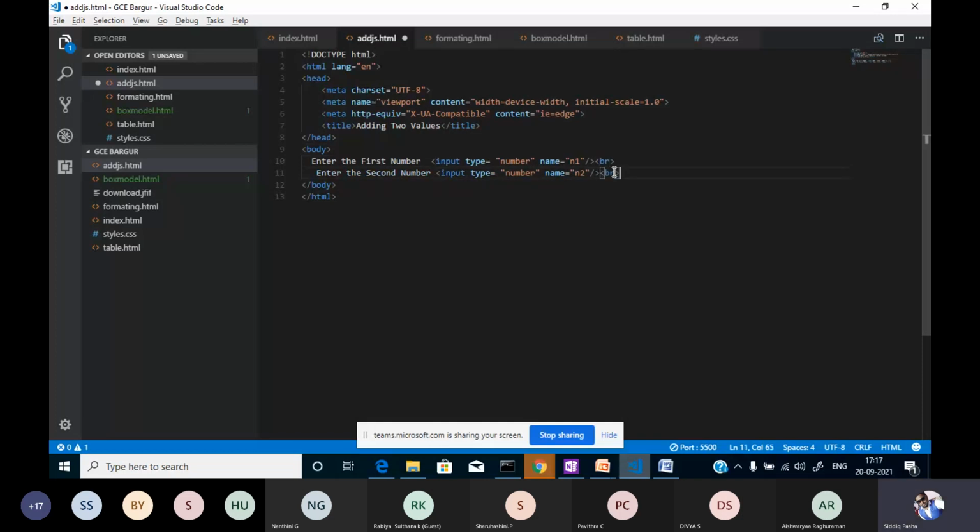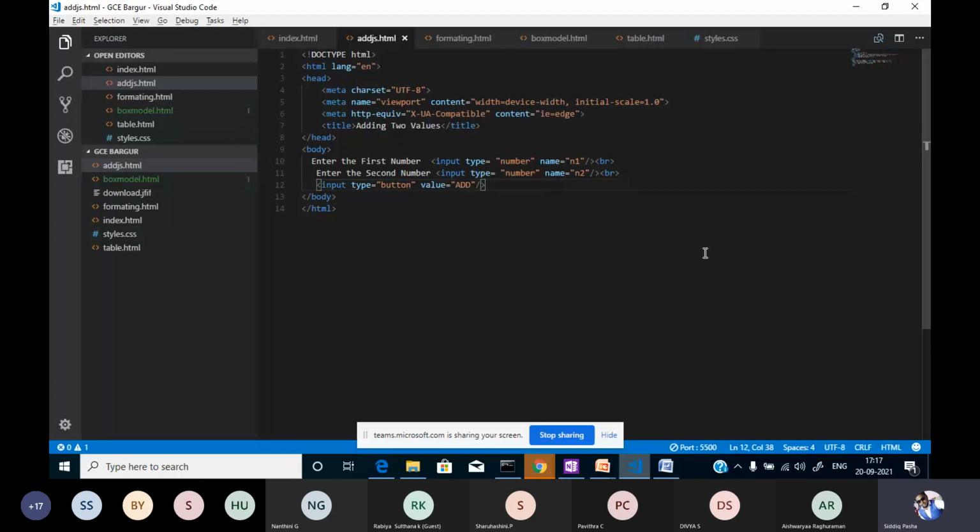So, line breaks. Now I'm adding the submit button, or some button over here. Input type is equal to button, value I'm assigning here add. Fine. It is simply static, so there is no programming over here.